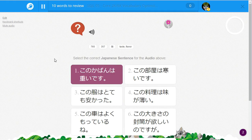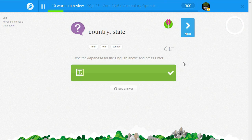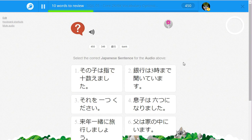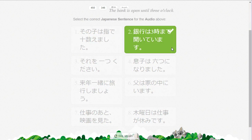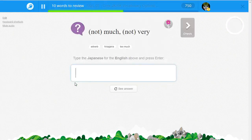この料理は味が薄い。Don't say that about somebody's food in Japan. All right. I think that's worthy of the death penalty. Okay. 国。島国です。銀行は3時まで開いています。開いています。駅はここから近いです。遠いです。近いです。ここからあんまり not